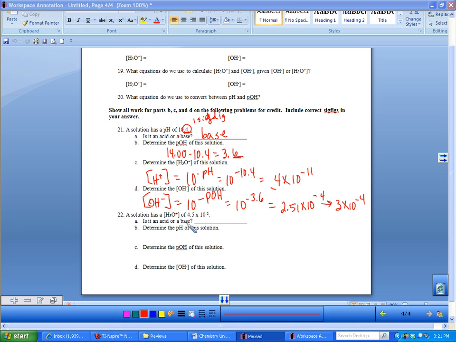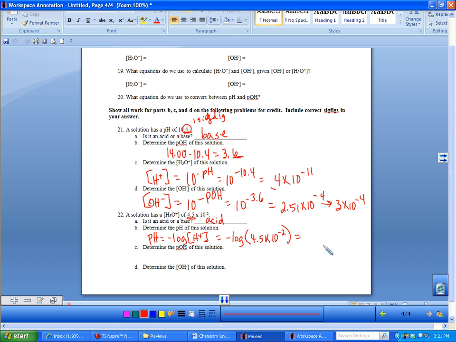All right, let's scoot on down and do the rest of these. We have the H3O plus concentration given to us as 4.5 times 10 to the minus 2, 2 significant digits. Is it an acid or a base? And I said it was an acid because that is greater than 1 times 10 to the minus 7. Then they asked me to find the pH, so I said, well, the pH is going to be the negative log of the H plus concentration,